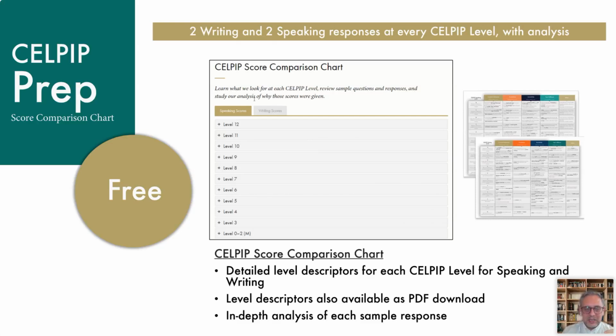And so for both speaking and writing, you will see or hear sample responses from real test takers directly in the chart below. In other words, you can see, for instance, that you go and start exploring a particular section, let's say the speaking component. And you say, I think I'm at level 8, or I received a score and I'm at level 8. So the analysis in that particular section would give you an indication of how a person, just like you,